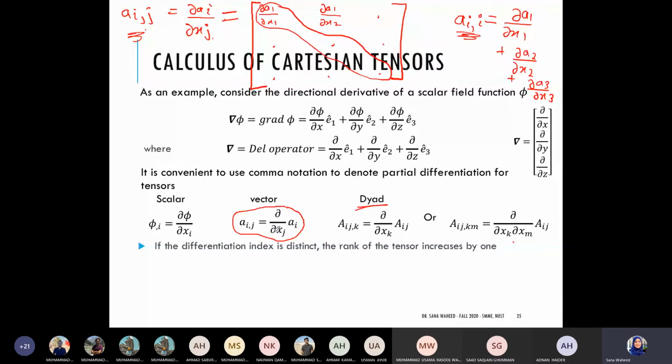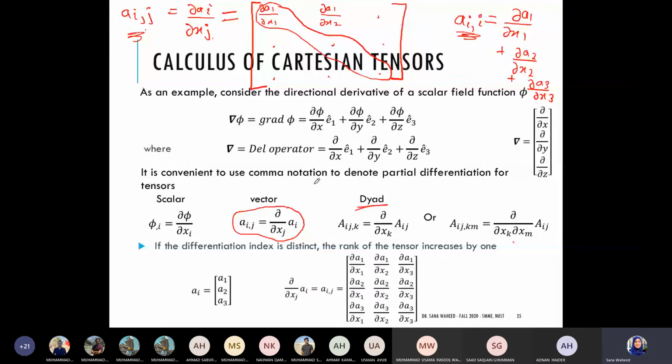So we've already discussed. So if it is distinct, then the rank is increasing. So for example, इधर हमने वेक्टर को with distinct differentiation जब की थी तो वो टेंसर बन गया था, सेकंड ऑर्डर टेंसर बन गया था ai comma j से। whereas अगर ai comma i रखते तो फिर वो वही रहता। ऑलराइट, इधर स्लाइड्स में भी था, मैं ऐसे ही पूरा लंबा लिखना लग गई थी।